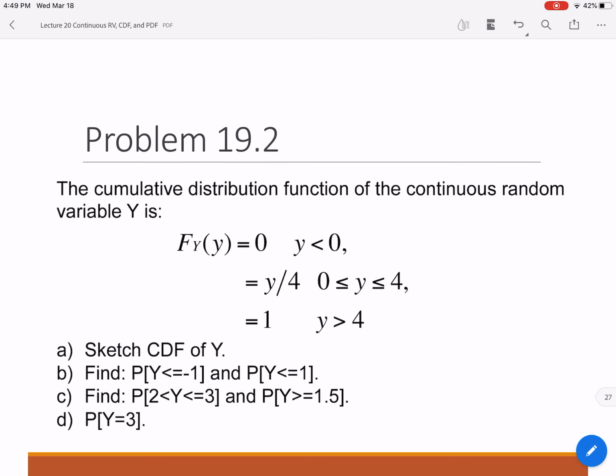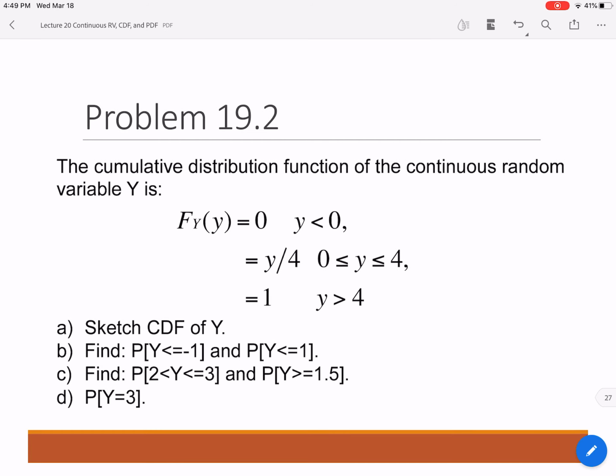So that brings me to problem 19.2. The cumulative distribution function of the continuous random variable y is 0 for y less than 0. It's equal to y over 4 for y between 0 to 4, and it is equal to 1 for y greater than 4. So what we need to do first is sketch the CDF and answer some probability questions. My recommendation to you guys is to pause the video right here and try to solve the problem on your own. And once you're done, you can unpause it. So next, I'll solve the problem